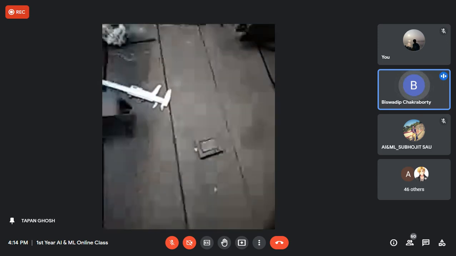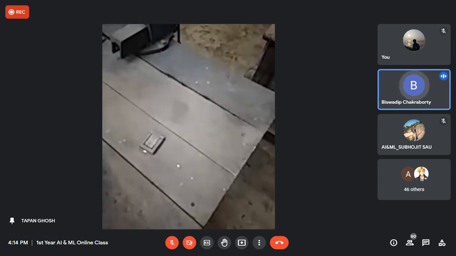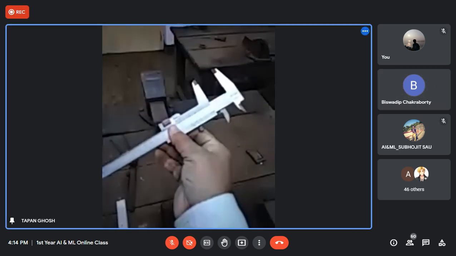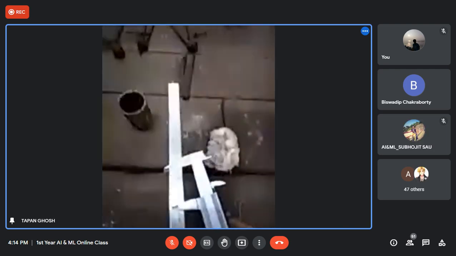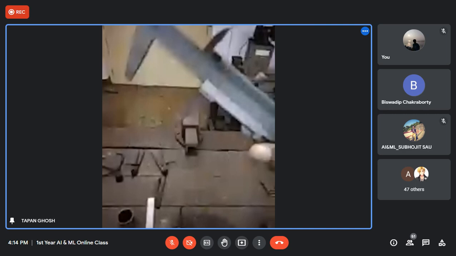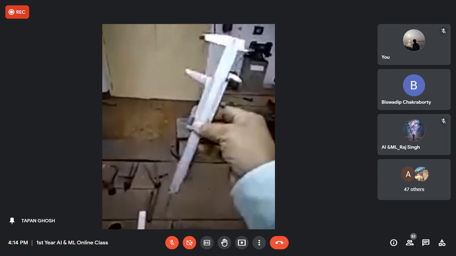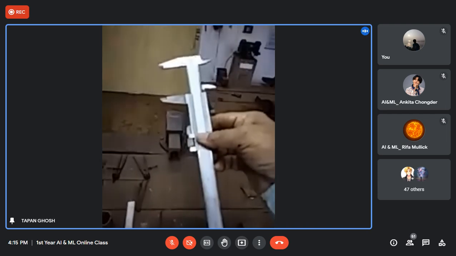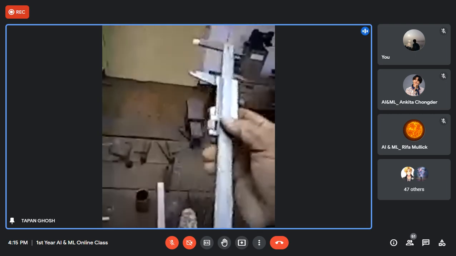So I can see one TKG, sir. Yes. I can see the vernier caliper also. So if you can tell them about that. This is the vernier caliper. You can close it and measure it here like this way. Can you see this vernier caliper? Yes, sir. This is called a vernier caliper, for precision measurement. These are all marking tools, measuring tools, and cutting tools.